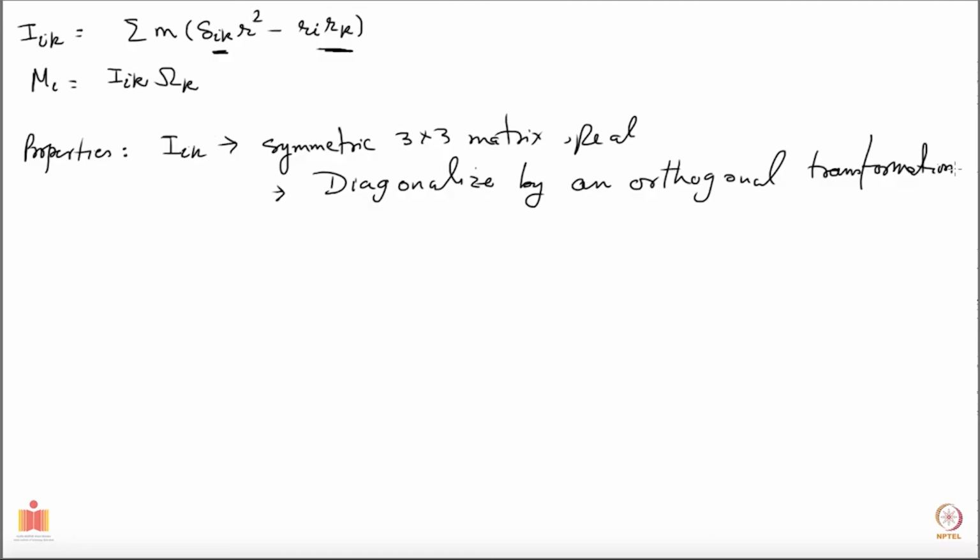So if at a given instant your body is rotating about some axis, this relation is telling you that in general the angular momentum will not be along that direction, which is contrary to the experience most of us have had in our education,